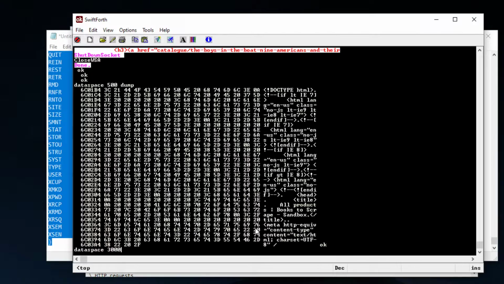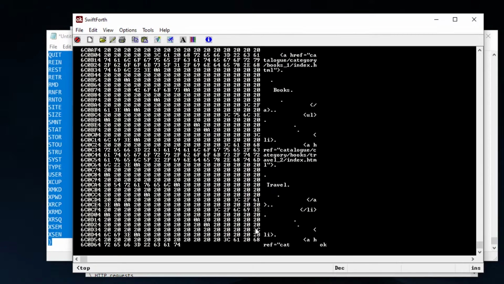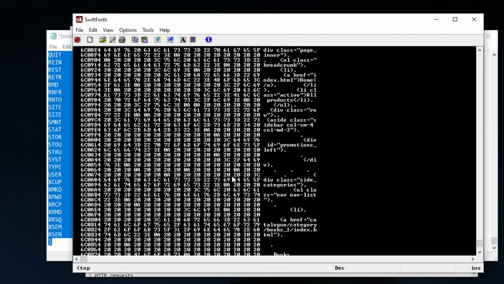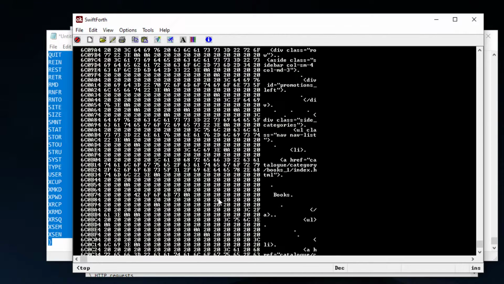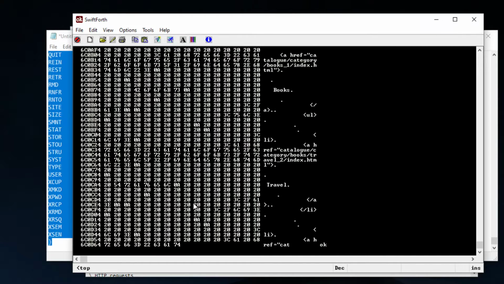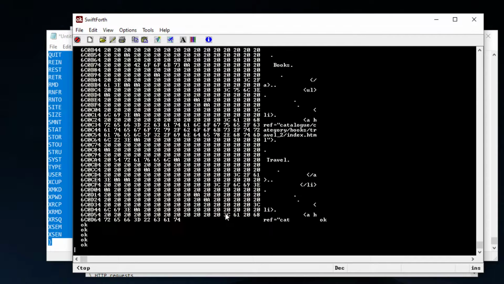Let's display 3000 bytes. And if I wanted to improve this, I would have it so it doesn't save these spaces, because this is what takes up a lot of the data, or the space. So that would be one improvement I could do, but I'm just trying to show you how to do this